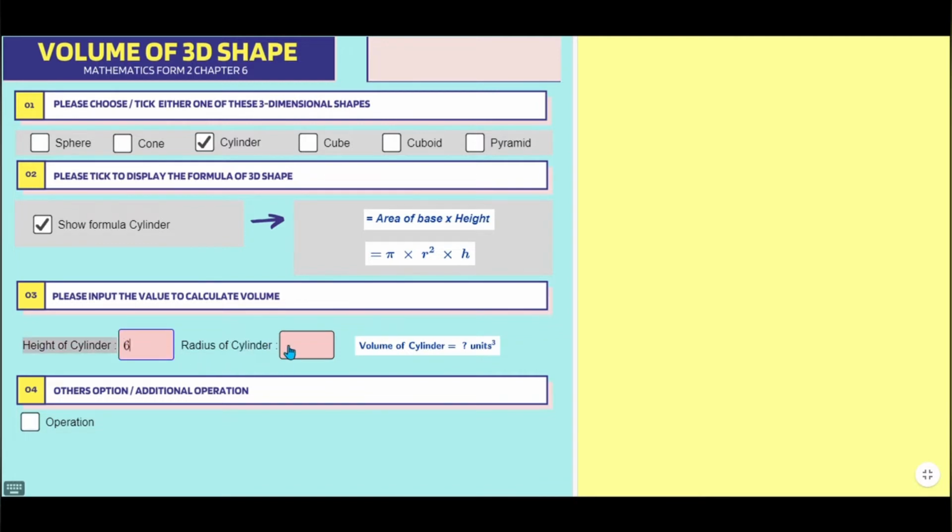Hence, the height is 6 cm and the diameter of the cylinder is 5 cm. However, don't forget to divide the diameter by 2 to get the radius, which is equal to 2.5 cm. Once you fill in the input boxes and press enter, you can see the volume of the cylinder appear beside the input box, which is equal to 117.81